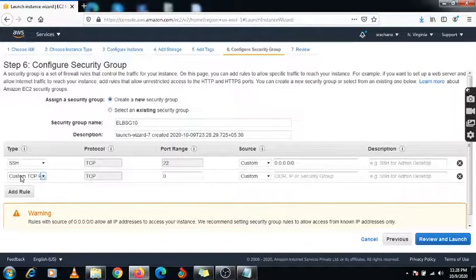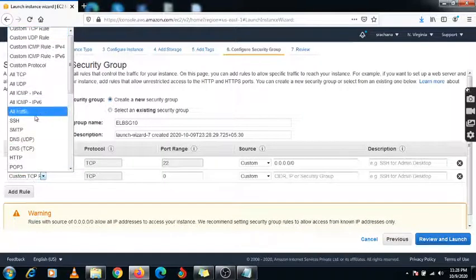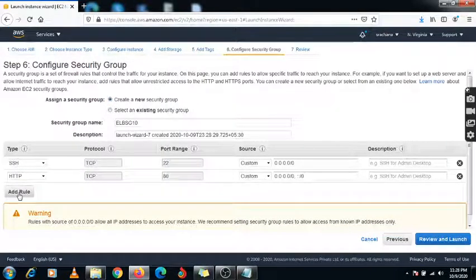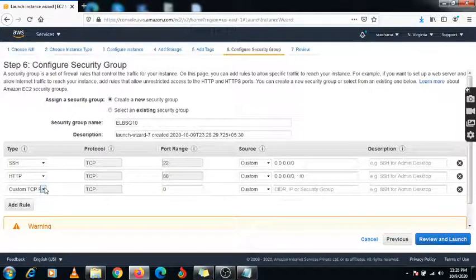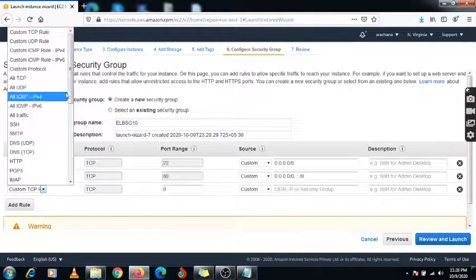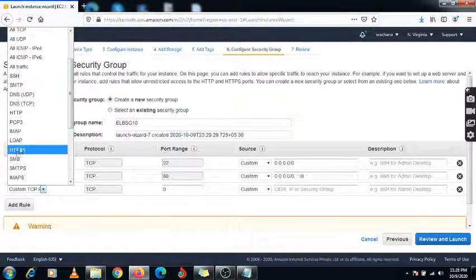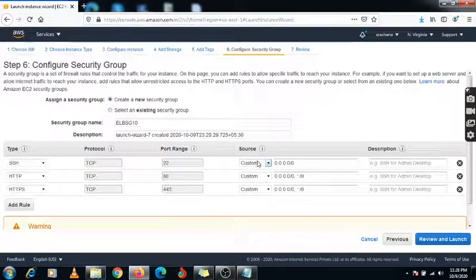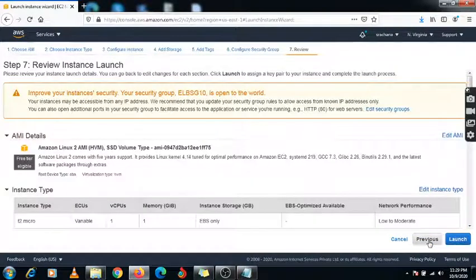Here I need to specify some ports, that is HTTP and HTTPS. I'm going to select source as anywhere. You need to review and launch it.